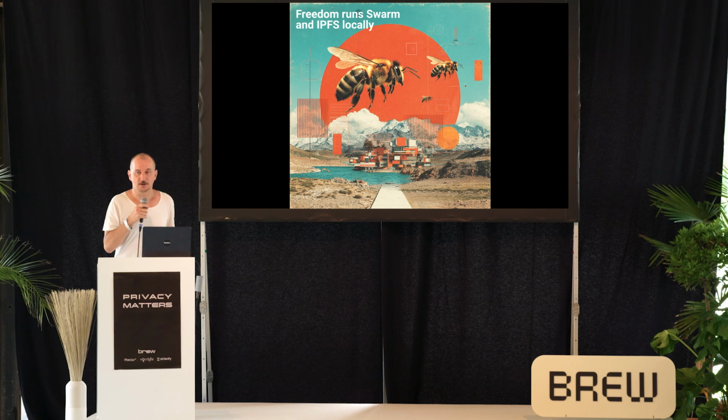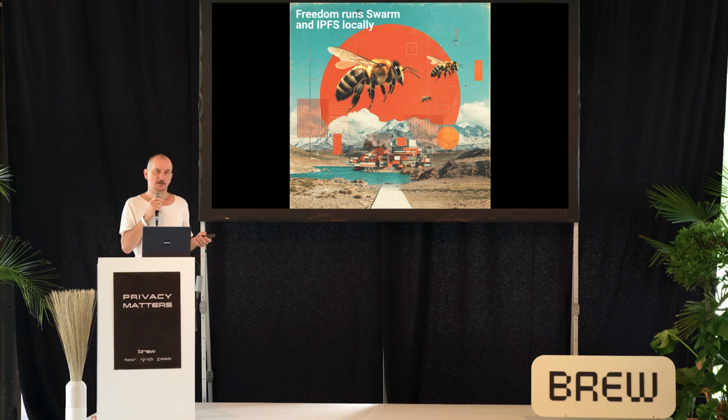So Freedom is now shipped as a product, and it runs Swarm and IPFS locally, meaning it ships with the software, and when you launch it the first time, it generates the necessary identity on the fly without you doing anything, and then boots up the nodes, and after a few seconds, lets you connect to these websites.